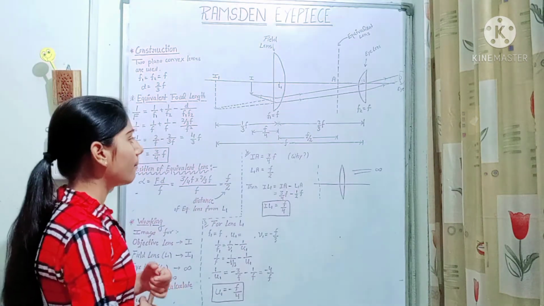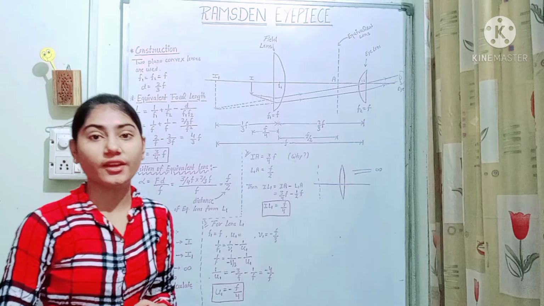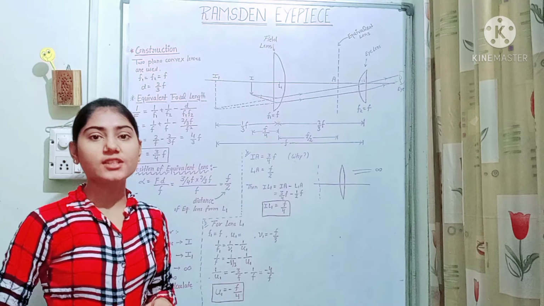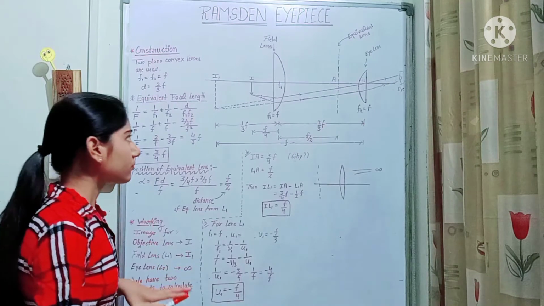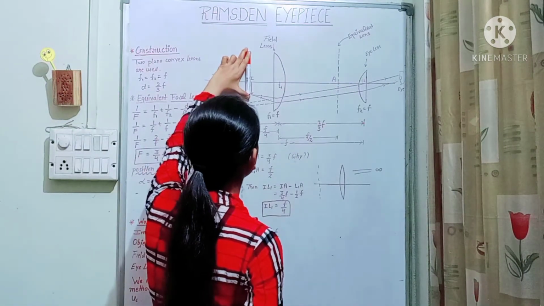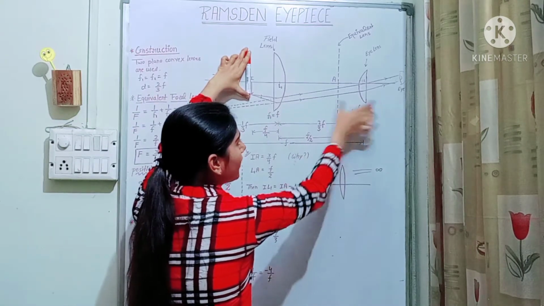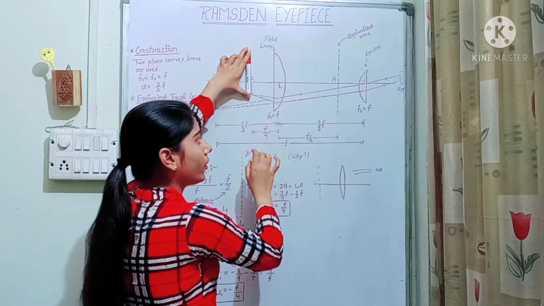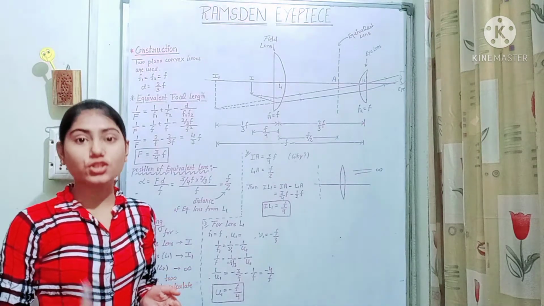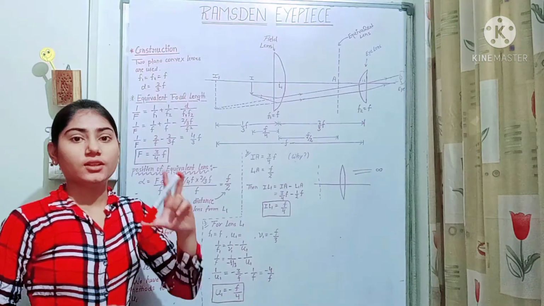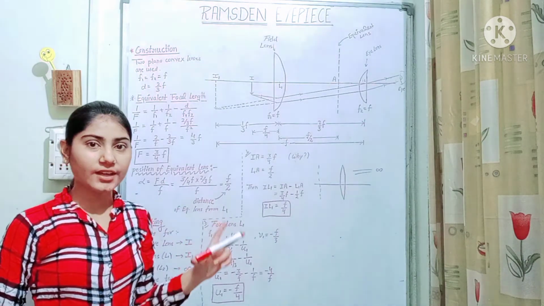Okay, so before talking about the cardinal points, we have to talk about the position of the cross wire. So in the Ramsden eyepiece, our crosswire is placed at I1. Why do we place our crosswire here? See, when we place our crosswire here, it is magnified by both of the lenses. So our first condition is satisfied. We have two conditions for the position of the crosswire. The first one is that the crosswire should be magnified by both the lenses, field lens as well as eye lens.